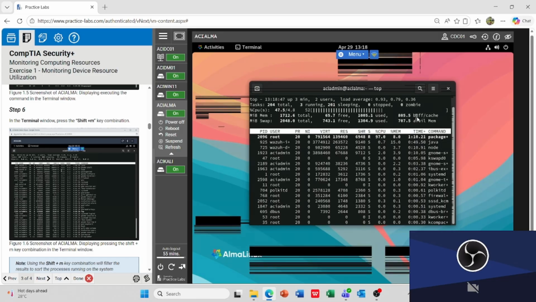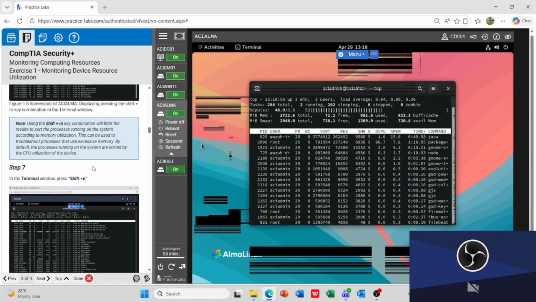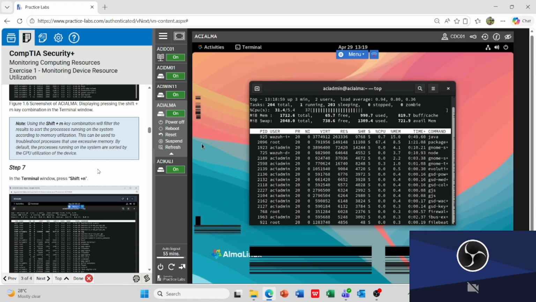Press Shift M. Using the Shift plus M key combination will filter the results to sort the processes running on the system according to memory utilization.